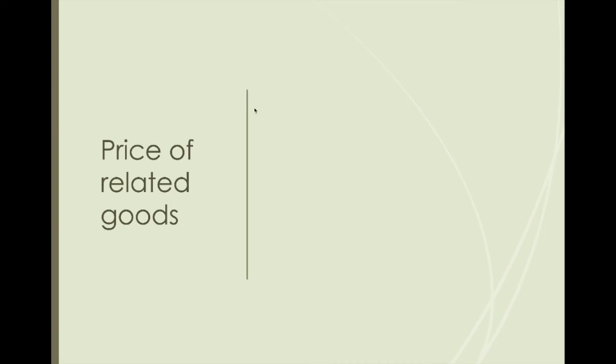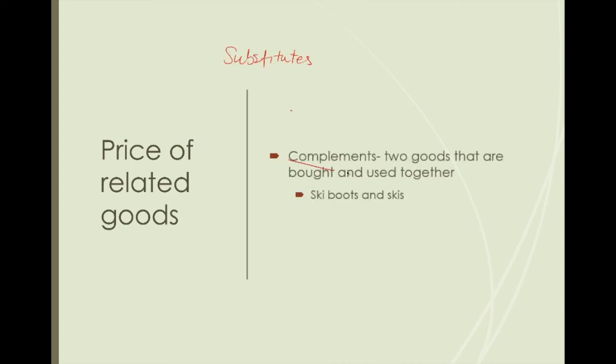And there's more that changes it. Price of related goods. So this goes back to that idea of substitutes and complements. So a complement is something that is usually used together. I'm so great at lines and circles. So we have ski boots and skis. And you know that fries just go so much better with ketchup. I think I spelled ketchup right. I don't know. This video is just riddled with spelling errors.